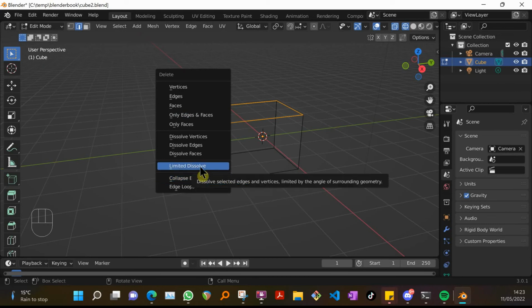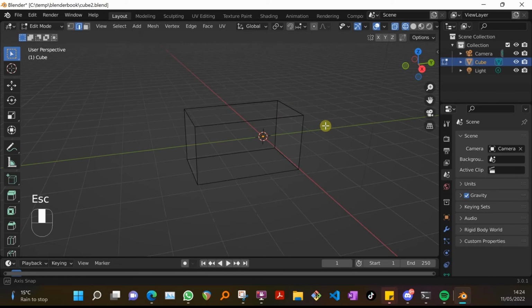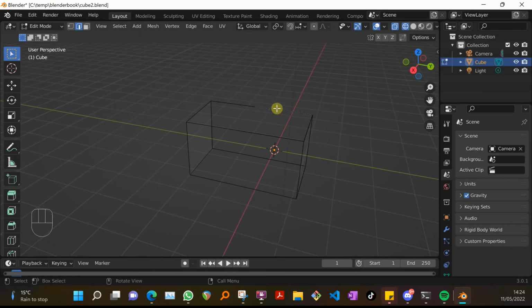What about limited dissolve? Dissolve the selected edges and vertices. What about the faces? Don't know. Limited by the angle of surrounding geometry. So I did that. If I now escape there, go elsewhere, come back here. Yep, okay. So that wasn't it, so I've still got that kind of